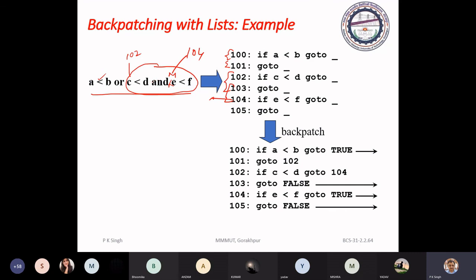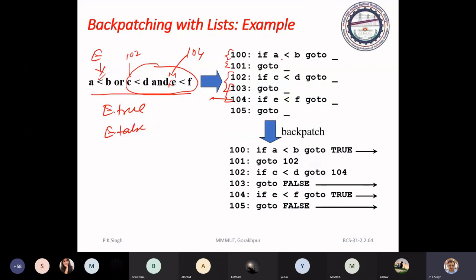Now you can patch it. Now this is an expression, E reduced to expression. So for this E you have labeled E true and E false. Okay.